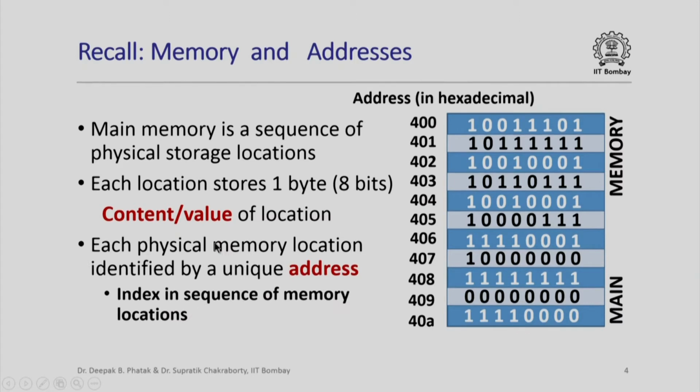Each physical memory location is also identified by a unique address, which can be thought of as the index of that memory location in the sequence of memory locations. For example, this particular location has an address 409 in hexadecimal,